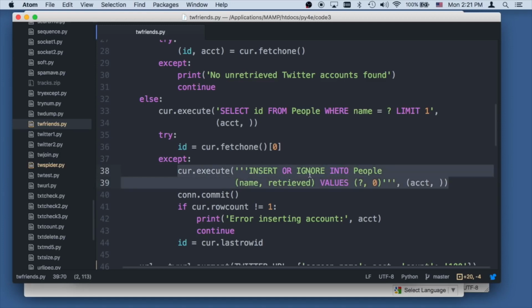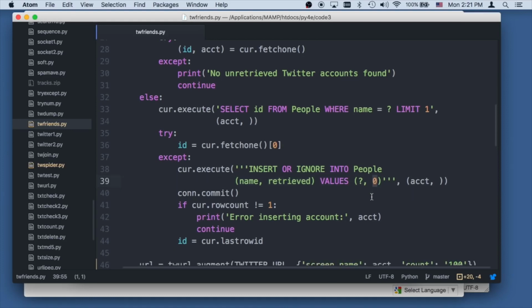This or ignore is kind of redundant because we just checked to see if it was there, but we'll put that in just to be safe. And we're going to put the name in as the new account that we're looking at, and we're indicating that retrieved is 0, so that we will know that we haven't retrieved it yet. You'll see that we'll update that in a second. We commit it so that later selects will see this. So you gotta do the commit. This later select wouldn't see the one we just inserted, and we're going to ask how many rows were affected,